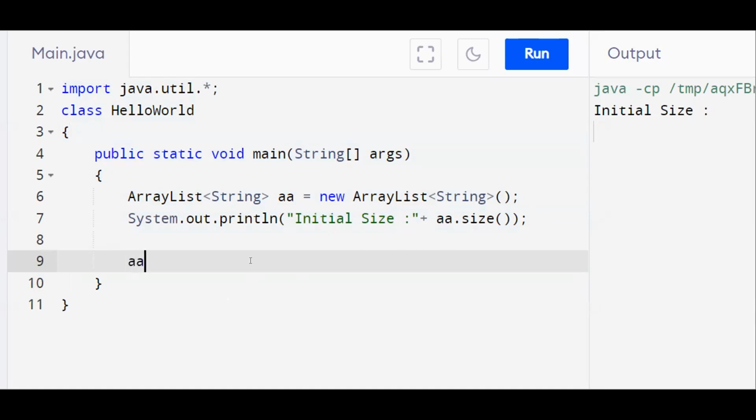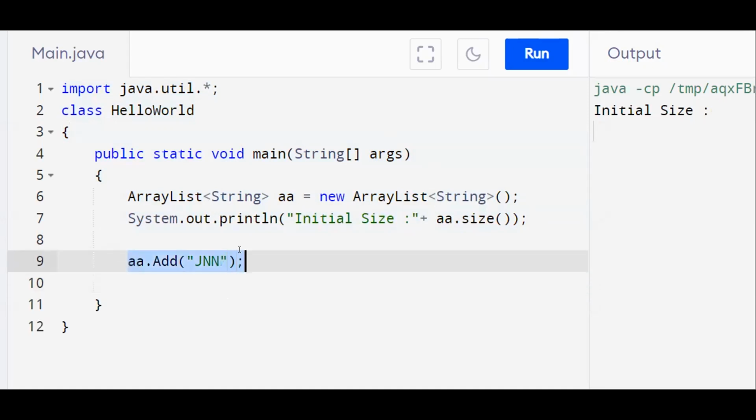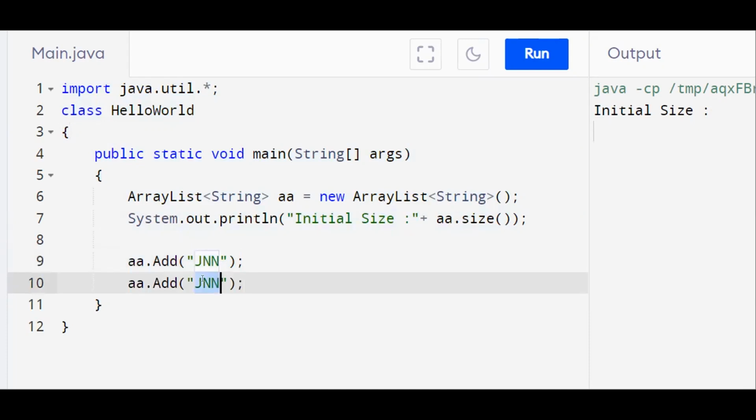Next we can keep on adding the elements. In order to add an element, it is the add method, a dot add. So we can add the elements over here. Let us add two elements.